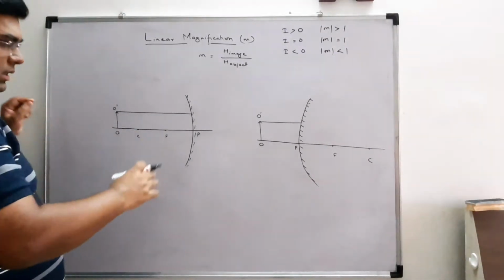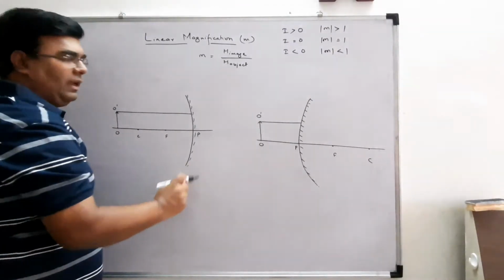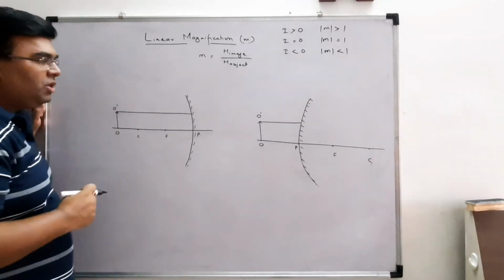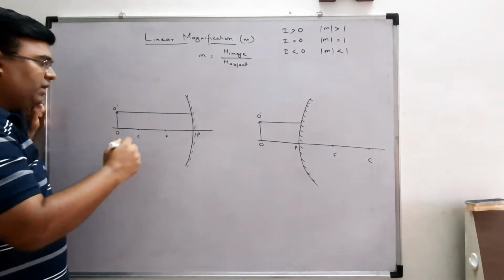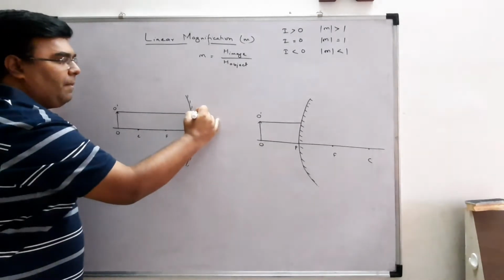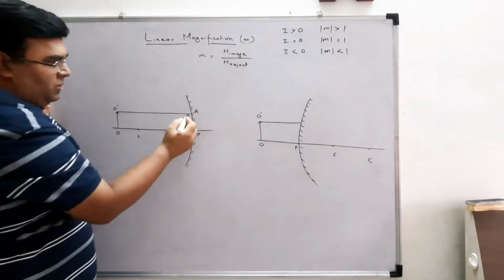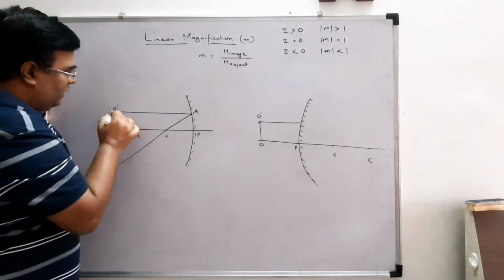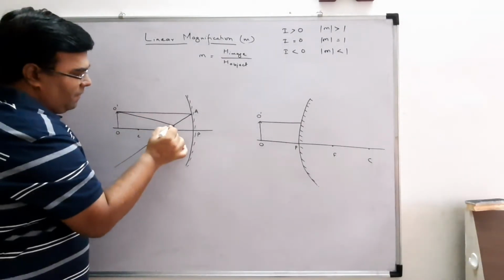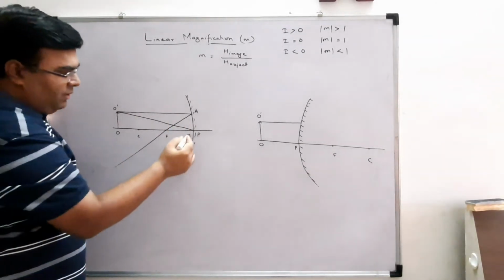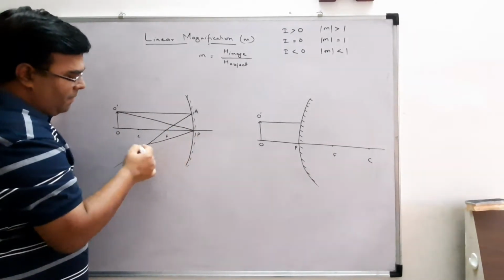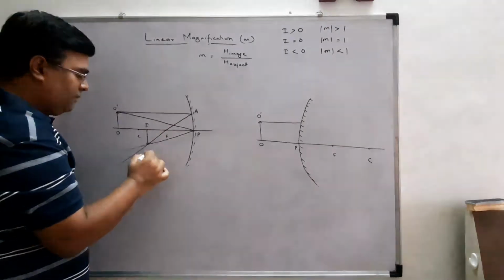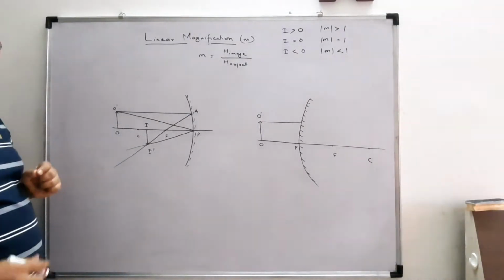So I have taken the two cases. Let's take the first case of concave mirror, right? The object is placed here, O dash, and to get its image, I'll draw two rays. First ray I have drawn parallel, meeting it at A, and it will pass through focus. Okay. Second ray, what I will do, right, and it will follow the law of reflection. So here I am getting the image I dash, correct?